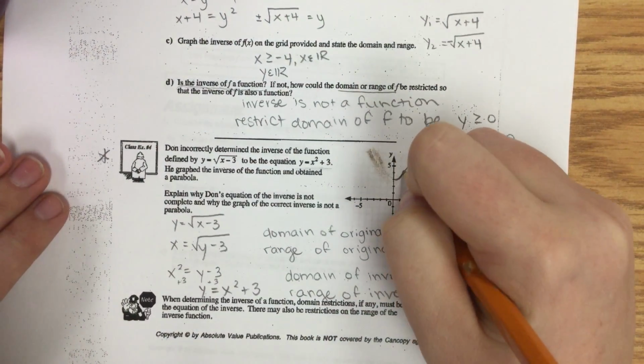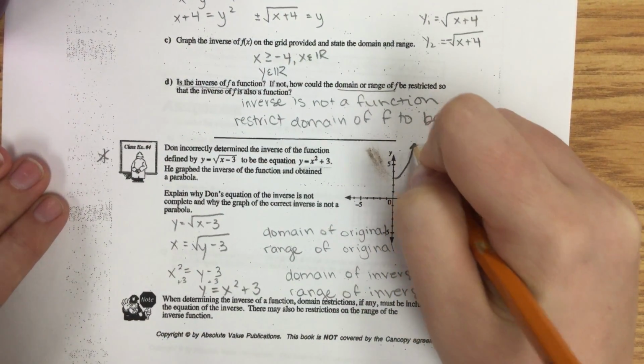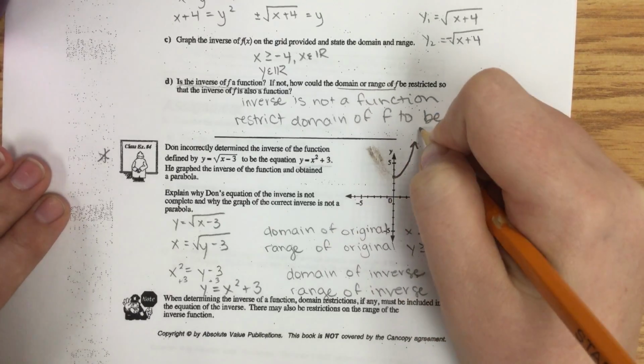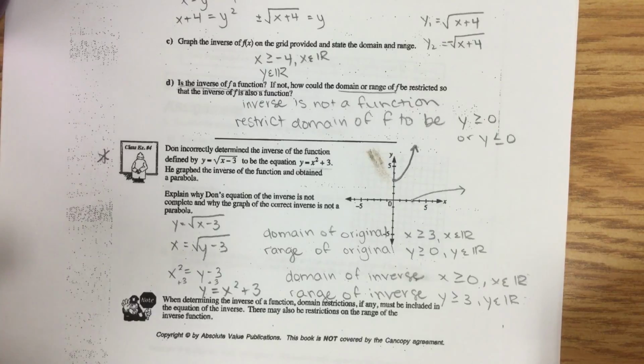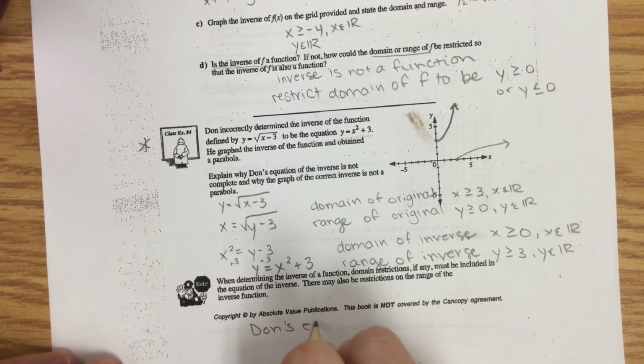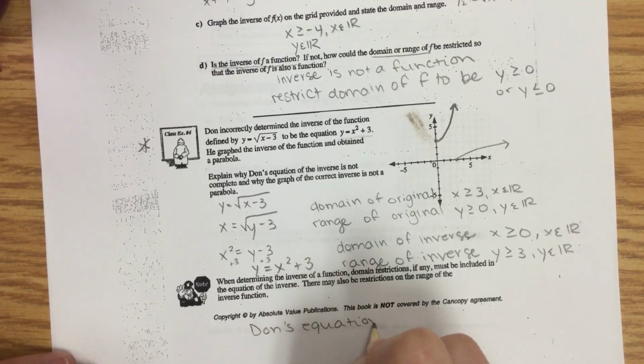That eraser is terrible, but get the point. It should have started at 0 for x and headed towards the right. It should have been only part of his parabola. So explain why Don's equation is not complete. Don's equation is not complete